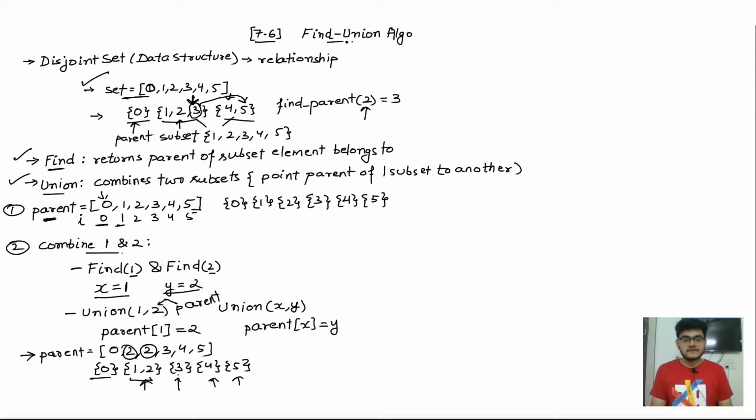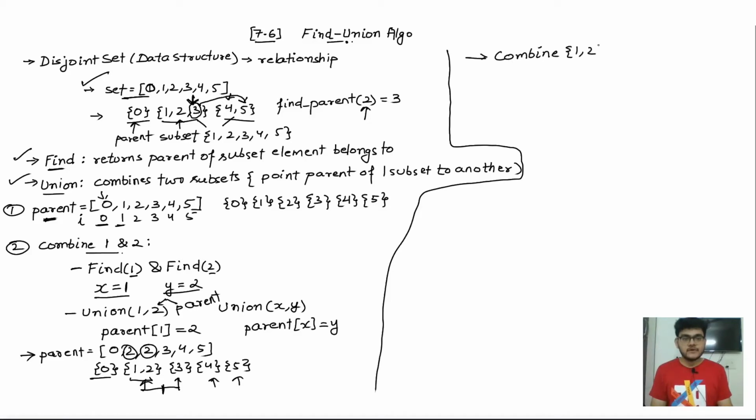Now what I want to do is I want to insert 3 inside of this one, right? So here you can see I have this subset 1, 2, 3. So if I want this subset, I will have to combine these two, right? So let's see how I can do that. Again, we are going to follow the same thing, which is what we want to achieve is we want to combine the subset 1 comma 2 and the subset 3, right? So let's see how we can do this.